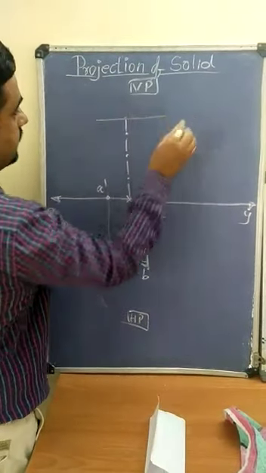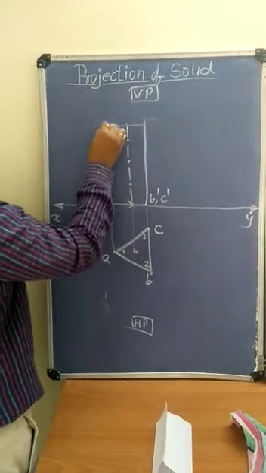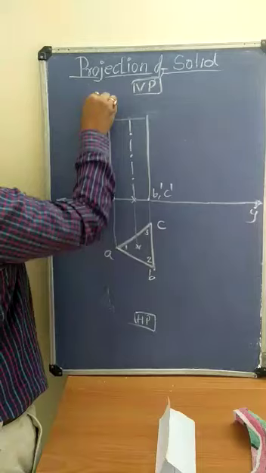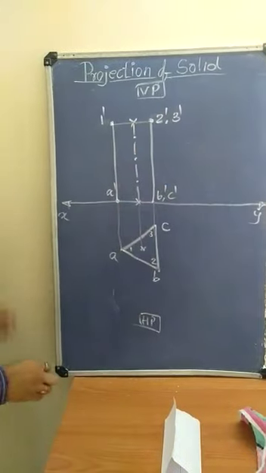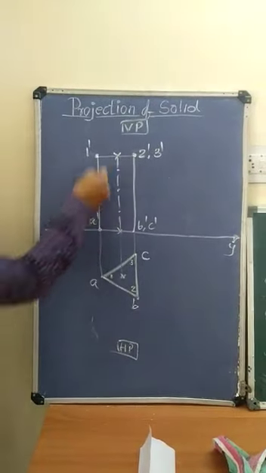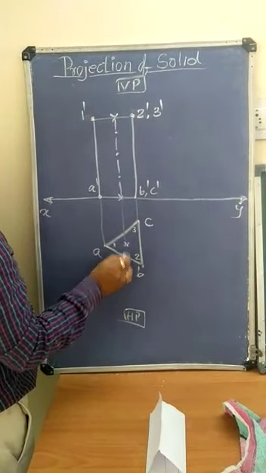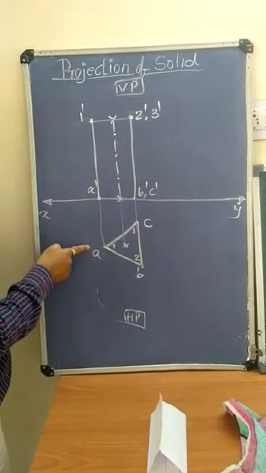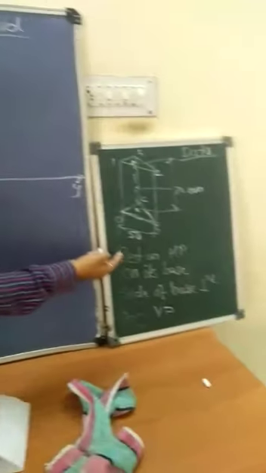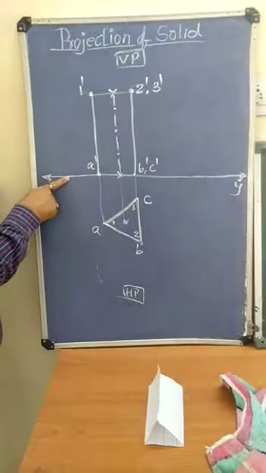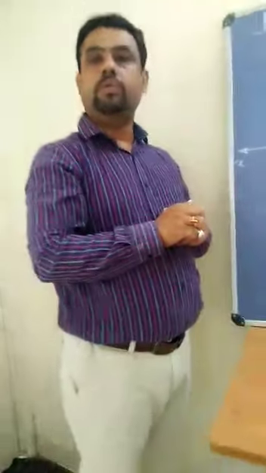So you have to take the height again. It's a prism. Now the upper base 1 dash, 2 dash, and 3 dash. This is the upper axis. So this is the axial height, and this is the length of the side of base. So this is the projection of the solid. This is a one step problem. That means you have to convert the problem statement into data, and you have to convert that data into drawing. In this way you can convert the problem statement into data.